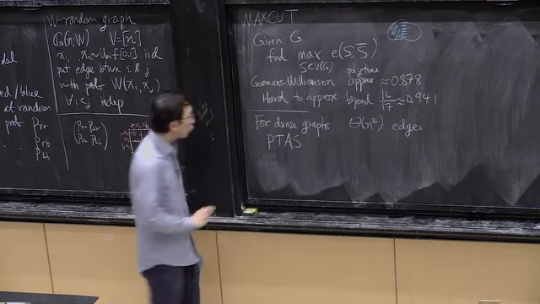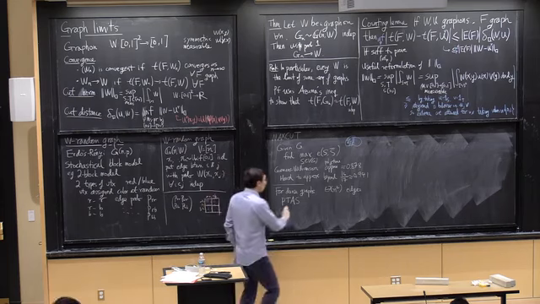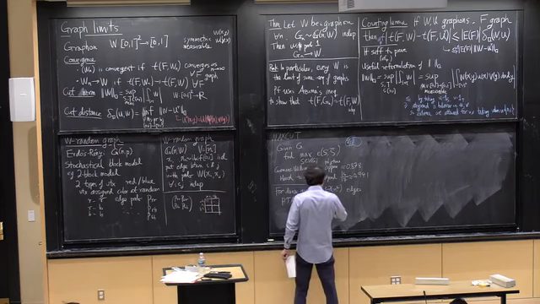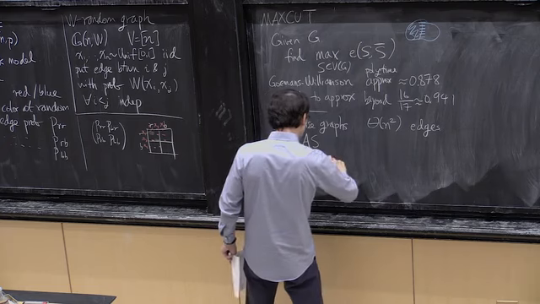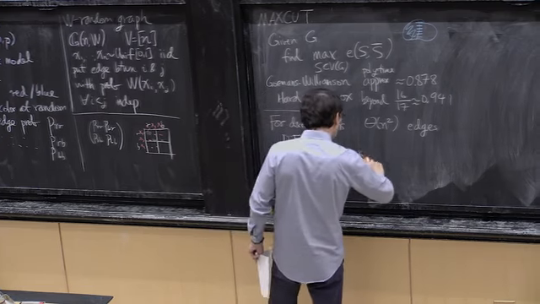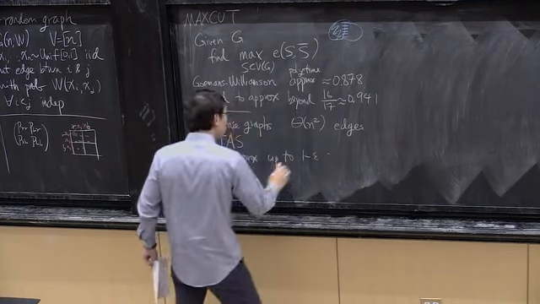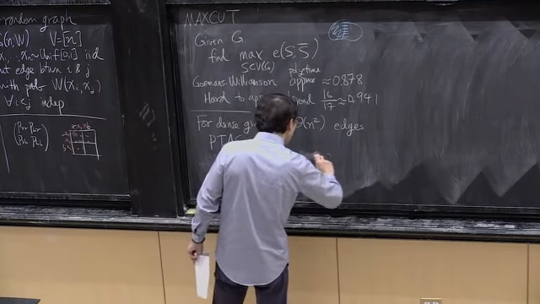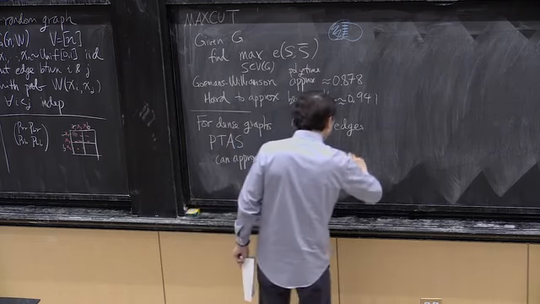So these are polynomial time approximation schemes. So one can approximate up to a 1 minus epsilon ratio. So one can approximate up to an epsilon n squared additive error